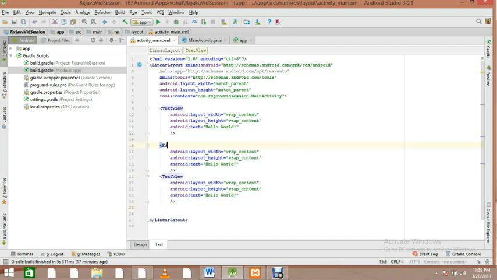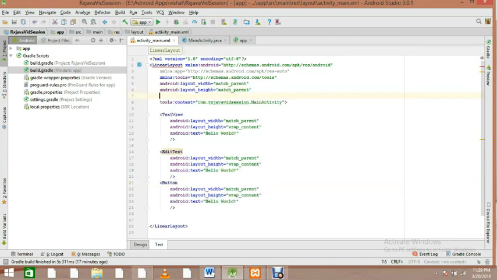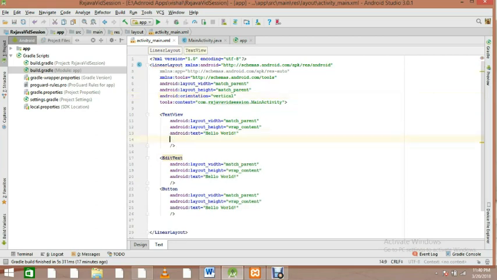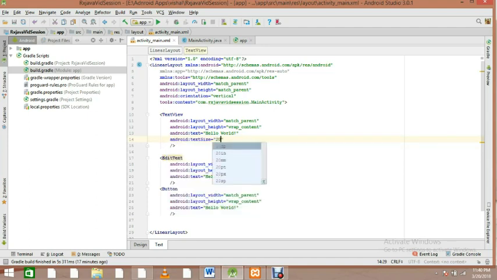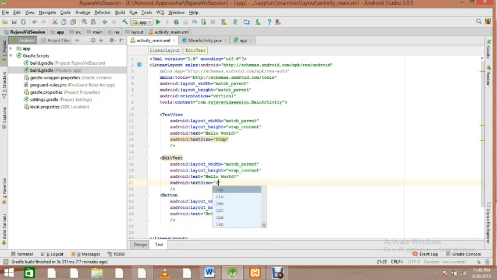So make one an edit text, make one a button, make them match parent, match parent, match parent, and orientation, make it vertical. So that's my layout, and text size I want to be 20 dp. Text size I want 20 dp,